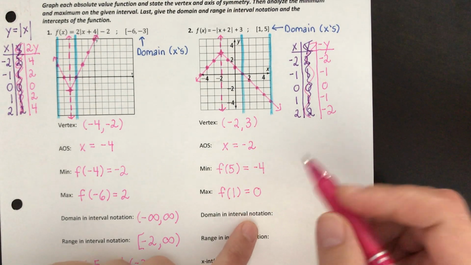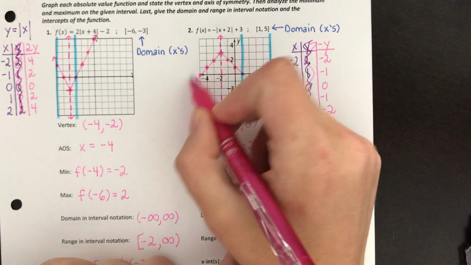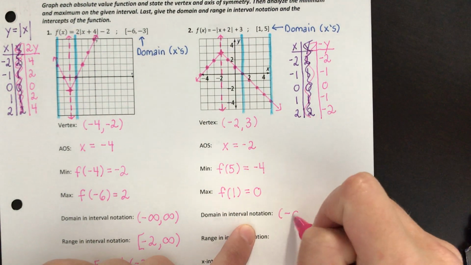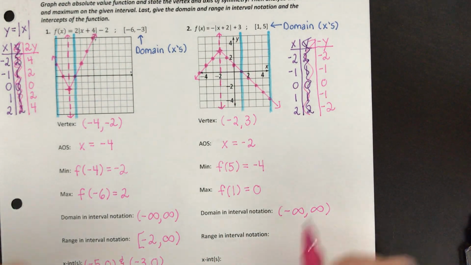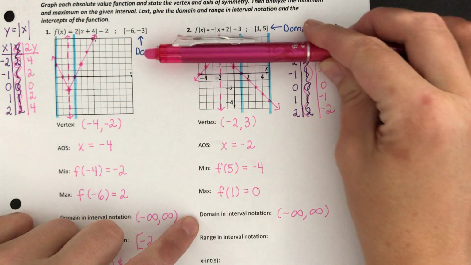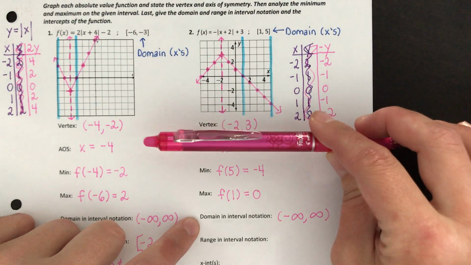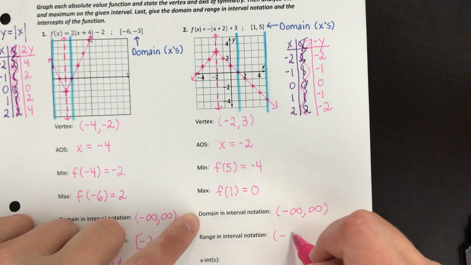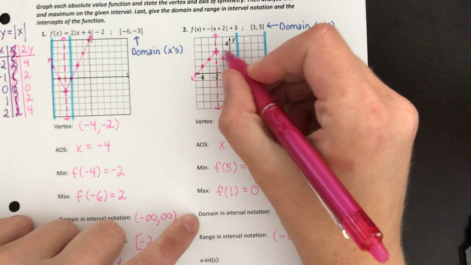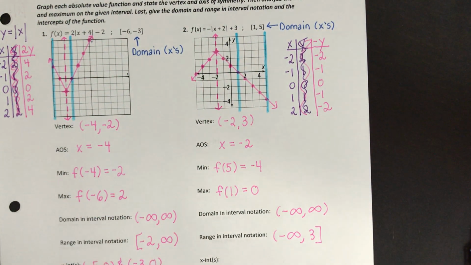Just wait and see. Okay, so the domain and range in interval notation. So you guessed it, the domain spans all the way left, all the way right forever. So -infinity to +infinity. And our range on this one, be careful because it goes down to negative infinity. Remember, we read the range low to high, bottom to top. So how low does it go? Negative infinity, all the way up to 3 is the highest y value we use, and it is included, so